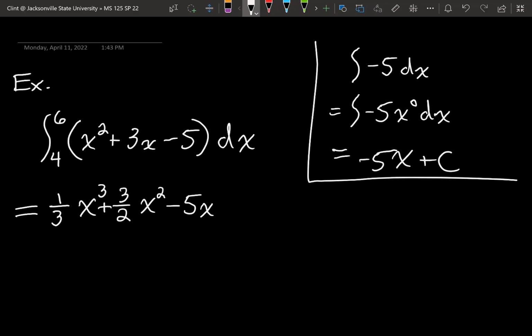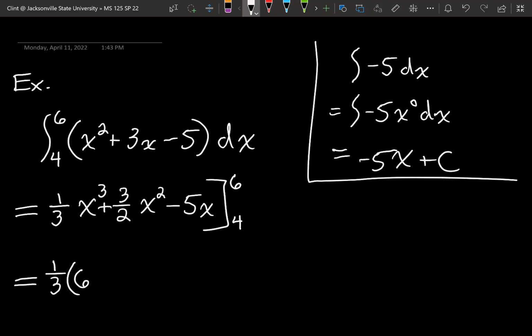Okay. And then what we want to do with this thing, our notation we use is we'll put a square bracket. We want to evaluate this thing from 4 to 6. So these just stay in the same order as they were on the integral symbol. We evaluate it at the top one first, then put a minus sign, and then evaluate it at the bottom number. Okay. So